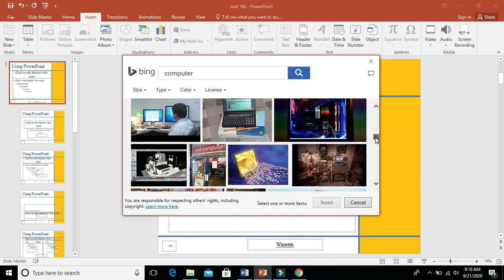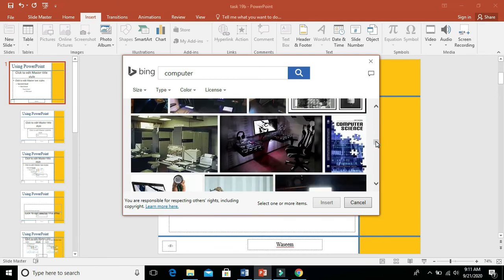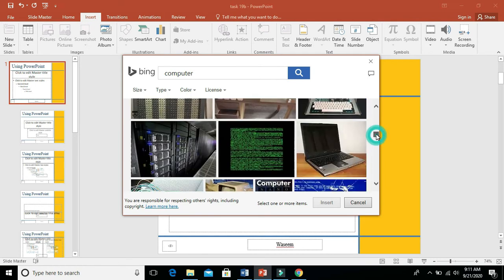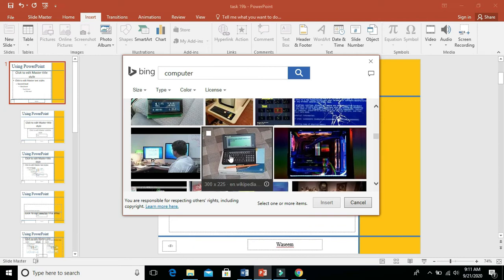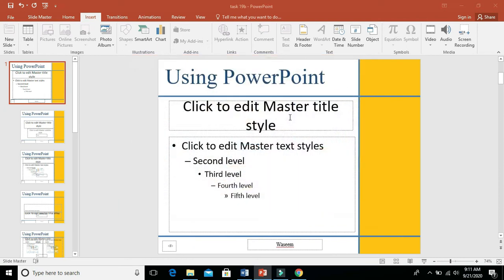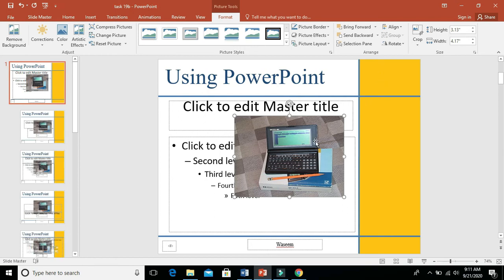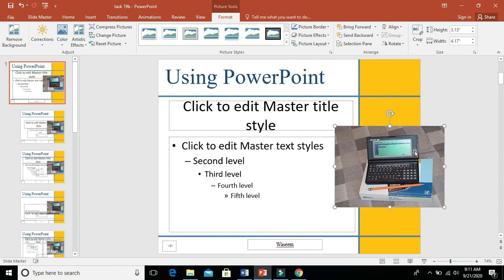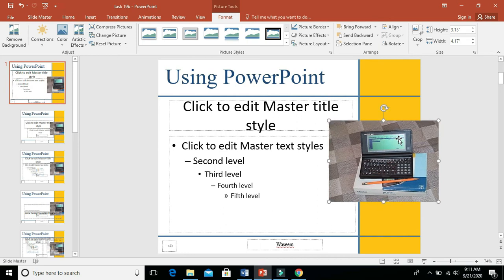We will select the image, because once we select an image we need to crop the image as well. Okay, and we have to make sure it fits in that particular space. Let me take this. Right, so this image I'm going to place in this area, and when I place this image it has to adjust in that space and fill 50% of the area. Let me crop this image.